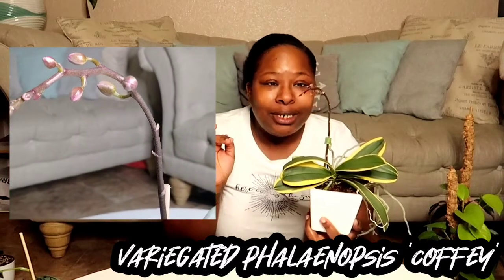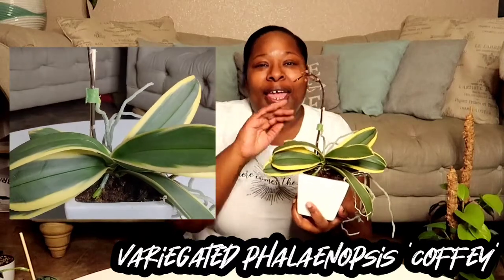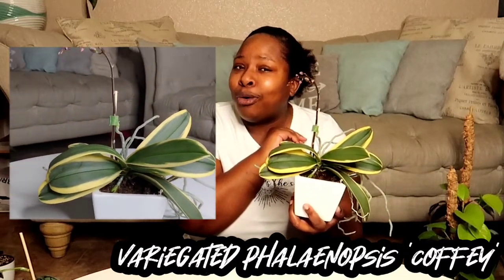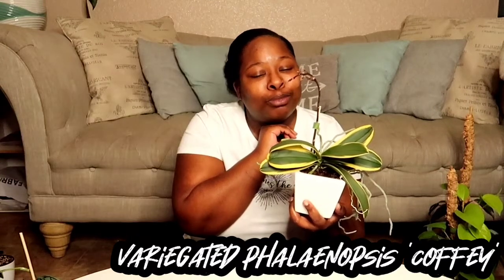But yes, so she is stunting right now. I am really loving this orchid right now. And not to mention she's variegated, so she is cute already. But when those cranberry flowers pop, y'all,